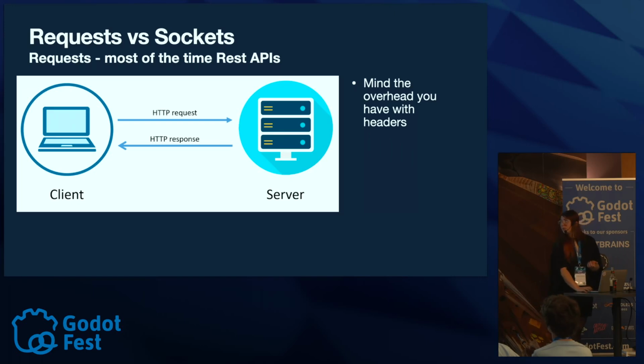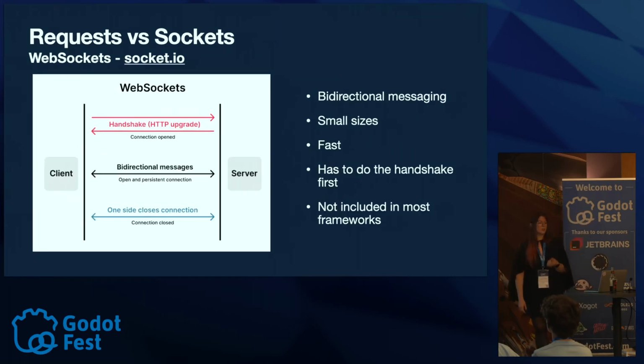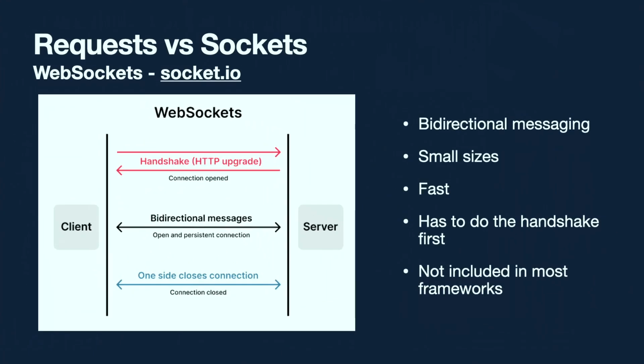So besides HTTP requests, I really love to work with sockets or web sockets. The best tool I found so far is Socket.io, which just takes away all the unnecessary overhead you usually have to deal with in the whole handshake process. So in the end, you're just taking care that the client is connected to the server and you can send messages. And the most awesome thing about it is that it's bidirectional. This means you don't have to wait for a new request that the client sends and you can answer with a response, and have to start polling or anything like that. You are able to send messages to your clients from the server, which is a huge bonus there.